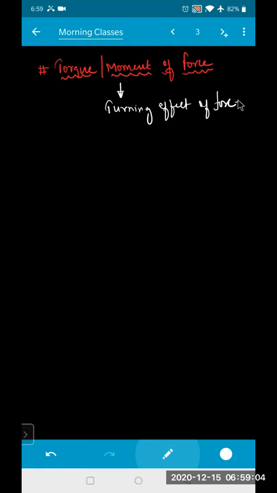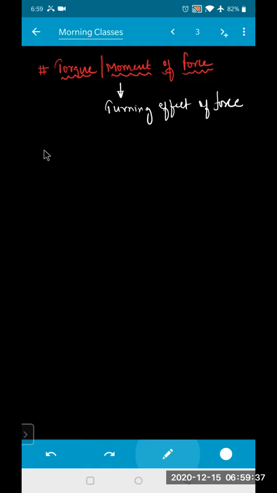You just imagine how you open and close your tap right now. You will be using your two fingers. Say this is the tap handle. You exert force with one finger in one direction and with another finger in the opposite direction. You will be using your right hand to open the tap. With the thumb you exert force in one direction, and with the other finger in the other direction. So the forces act on this body in opposite directions. That is the turning effect of force. Okay? I'll try to revise for you, beta.